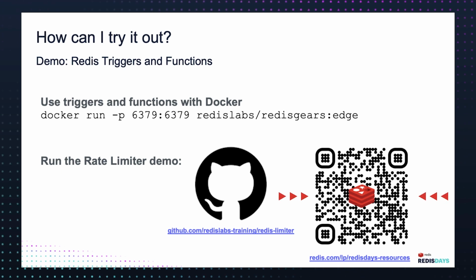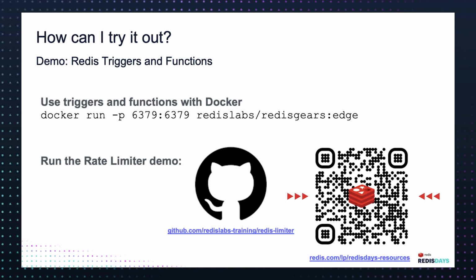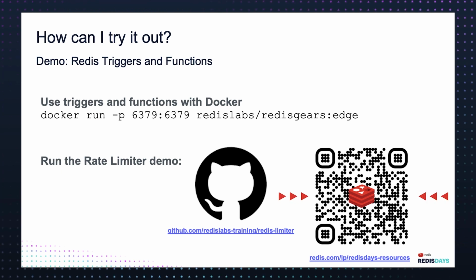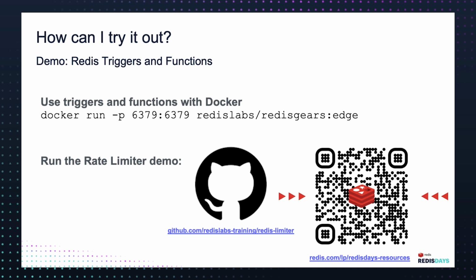If you're into cloud, we'll have this available in our free and fixed tier, starting with AWS Singapore and GCP Tokyo very soon. And if you want to explore the preview as part of the flexible tier in Redis Cloud, we've got 20 spots available for folks to come and engage with us to provide feedback and help shape this further. Reach out to us and we'll get you hooked up. And lastly, for our enterprise software customers, triggers and functions will be a preview as part of Redis Enterprise 7.2.